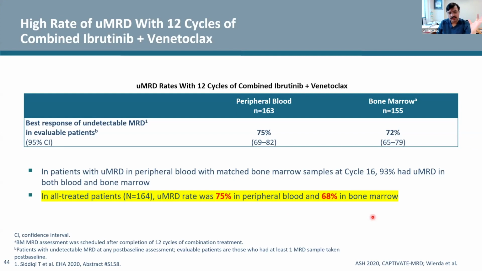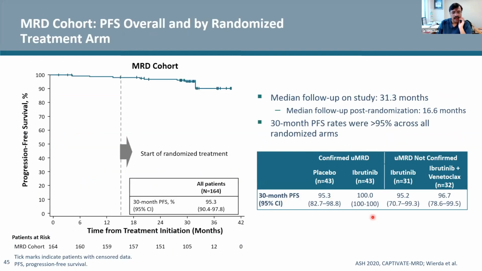So again, 2 studies independently done, consistent in their finding that you can get high rates of MRD negativity with this approach. And as we showed with the MRD, they also showed that the PFS actually looks pretty good for this group of patients, again, with a relatively shorter follow-up of 2.5 years. But again, these patients are doing well with this doublet regimen.